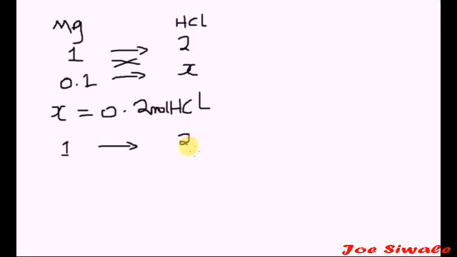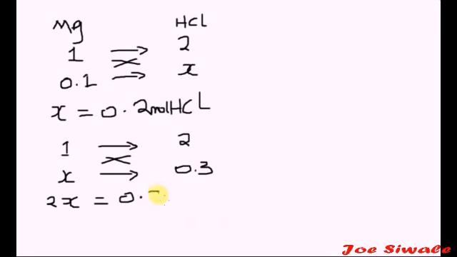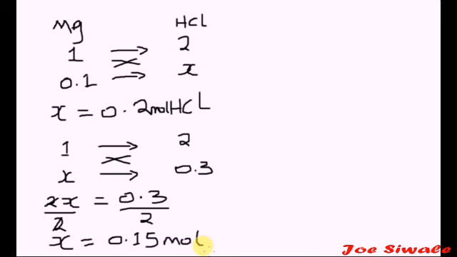The next thing is to find the number of moles of magnesium. So 1 to 2 and X to 0.3. So X multiplied by 2, that's 2X is equal to 0.3 multiplied by 1, that's 0.3. Divide by 2, divide by 2, and 0.3 divided by 2, that's 0.15 mole